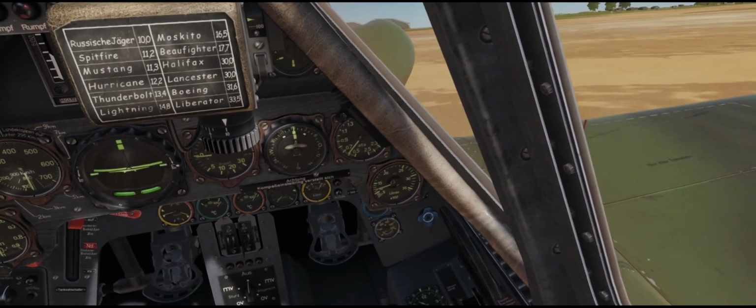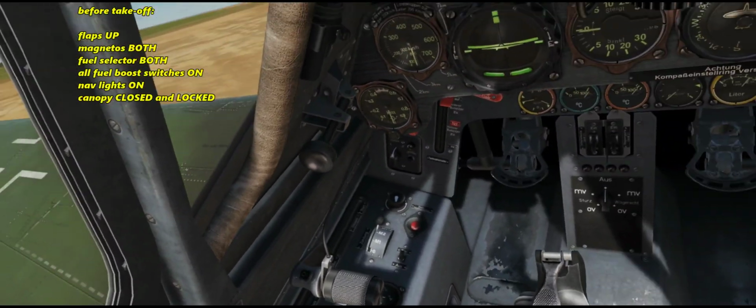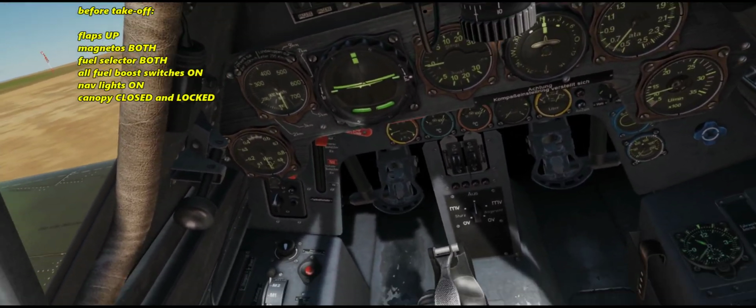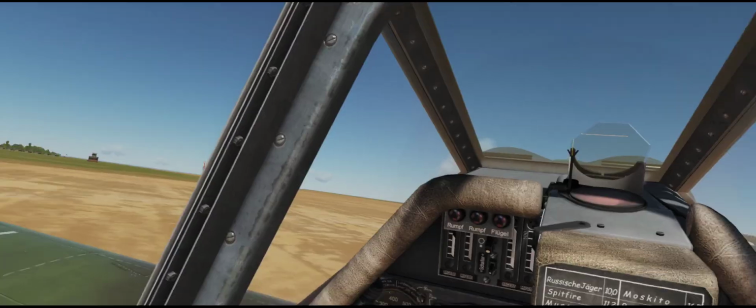Then we are ready for a before takeoff checklist. Flaps are up, trim is neutral, magnetos are to both, fuel selector is to both, systems look good, all switches on and the canopy is closed and locked. On the takeoff,